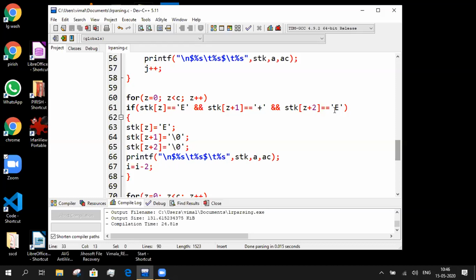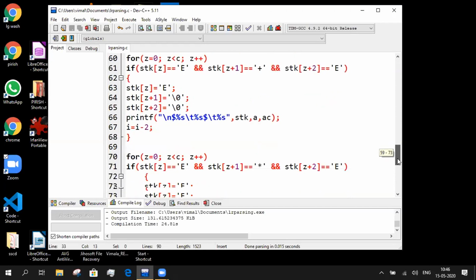Then stack of Z is equal to E, and Z plus 1 and Z plus 2 you are making empty. Then you print it, and one more step you should not forget here: you need to bring the top of the stack position 2 positions down also. Then we move on to the next loop.